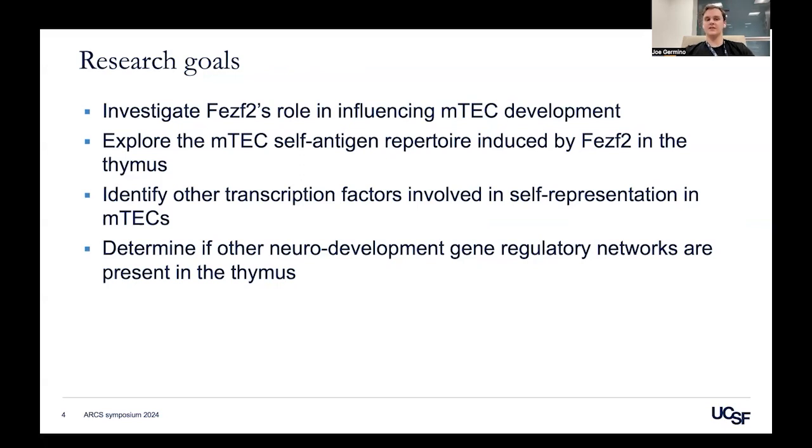And finally, because FEZF2 has a known role in the development of neurons in the central nervous system, I'm interested in looking to see whether other neurodevelopment gene regulatory networks are present and functioning in the thymus, both for self-antigen expression and mTEC development. And with that, I'd like to thank ARCS for their support, as it's enabled me to